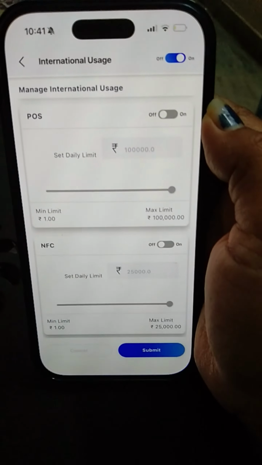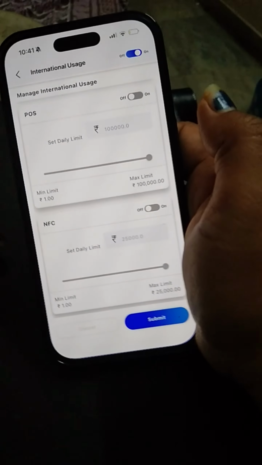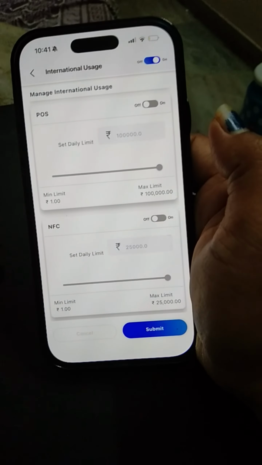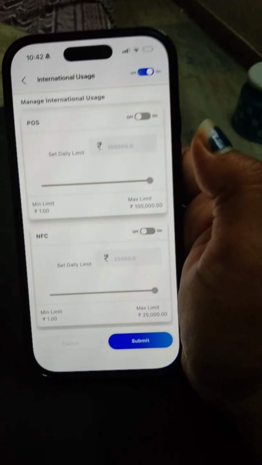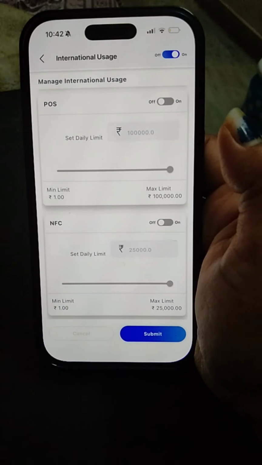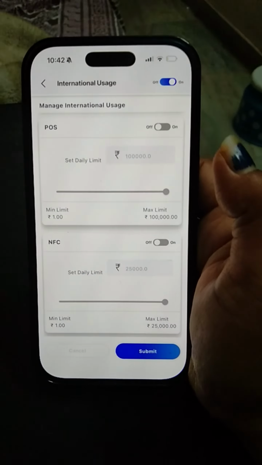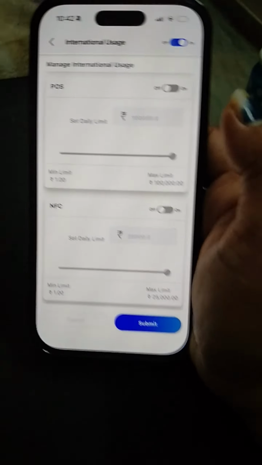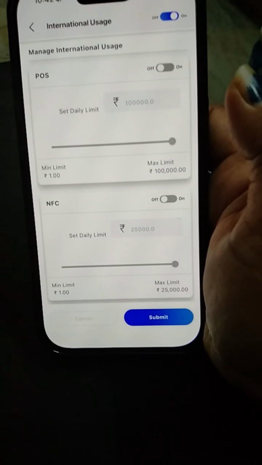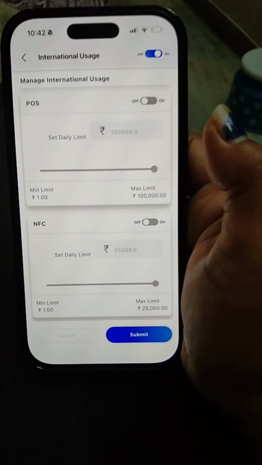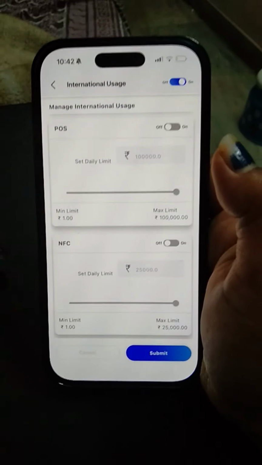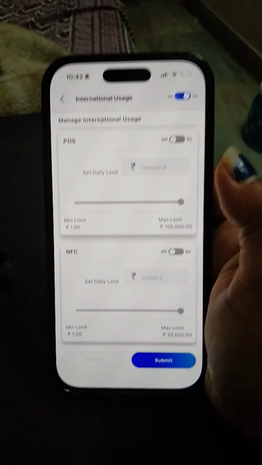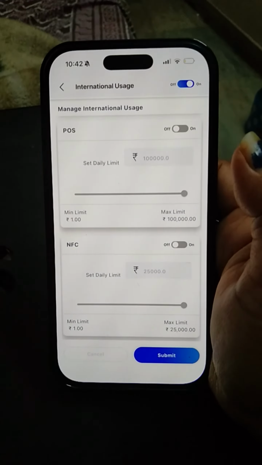NFC, as I was telling you, is tap and pay, and it is used if you want to tap and pay at any MRT, like the metros in Singapore, Thailand, or anywhere. You have to be very cautious with the limits of NFC, because if international usage is on and somebody steals your card, they can tap and pay.